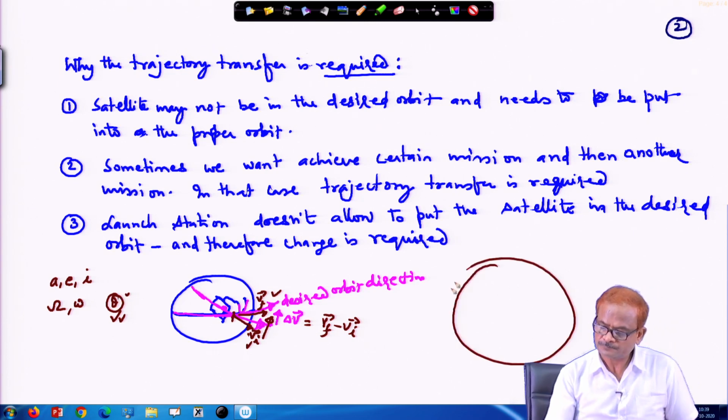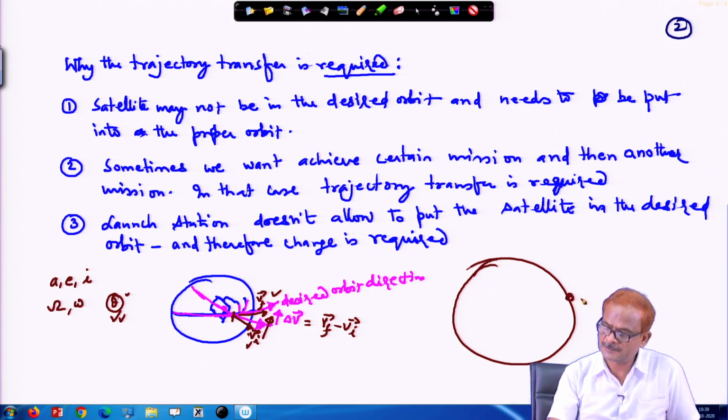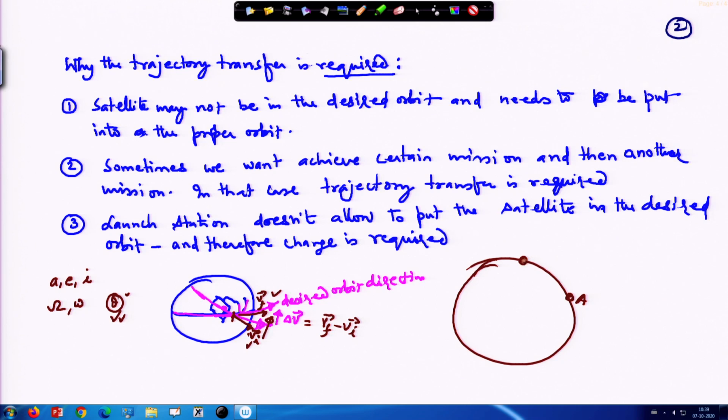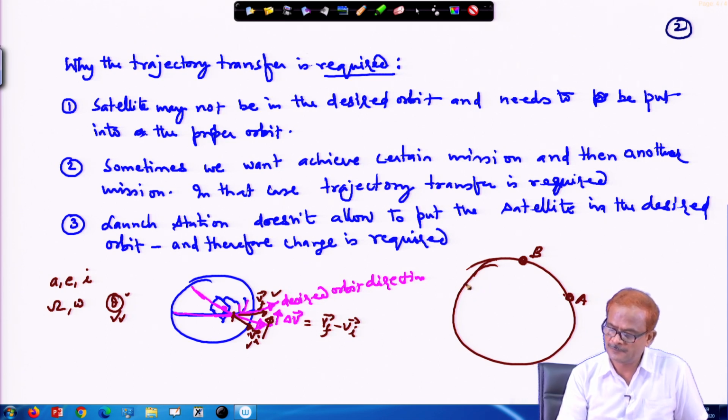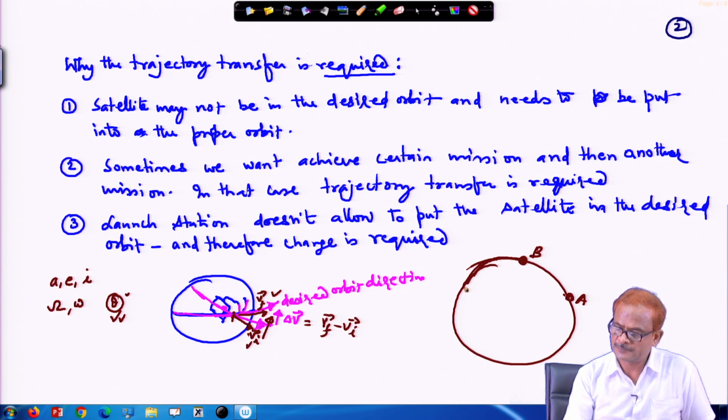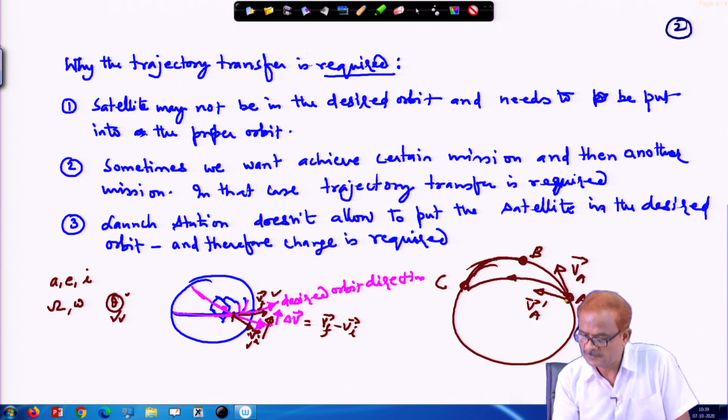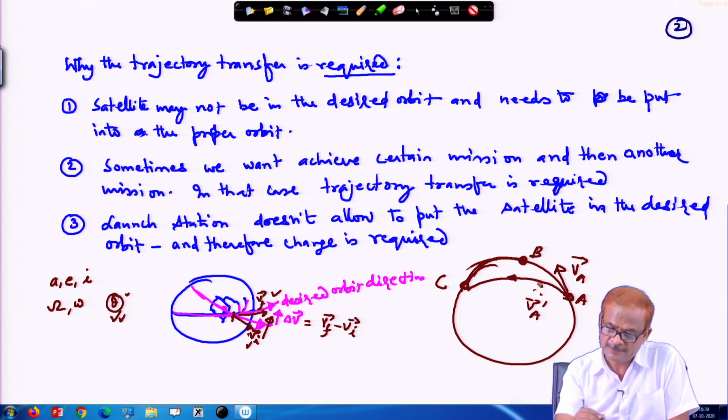So in that case, say in some circular orbit, there is one satellite here, A, and another satellite, B, is here, okay, and you want to catch this satellite. So basically docking is required, and the orbit has to remain the same. So what we will do is, as it is moving from this place to this place, it comes to point C. So send it into some faster orbit, so that it goes and meets here. So the initial velocity vector is here, V_A, and we need to give an impulse here, so that the velocity becomes tangent to this orbit. So the velocity will be in this direction, V_A prime.